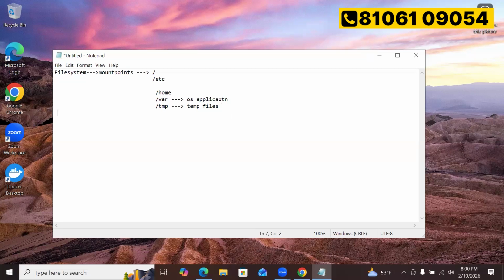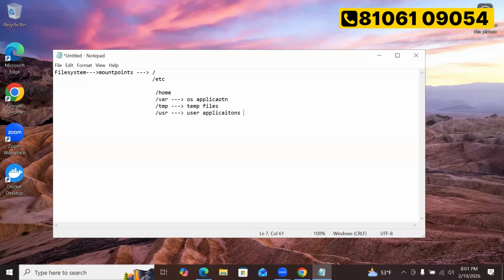What is the purpose of etc? etc is for all the configuration files. Home holds all the user home directories. Var is basically to store all the log files. We also have a usr directory. usr is for all user applications, utilities and user applications are stored here.